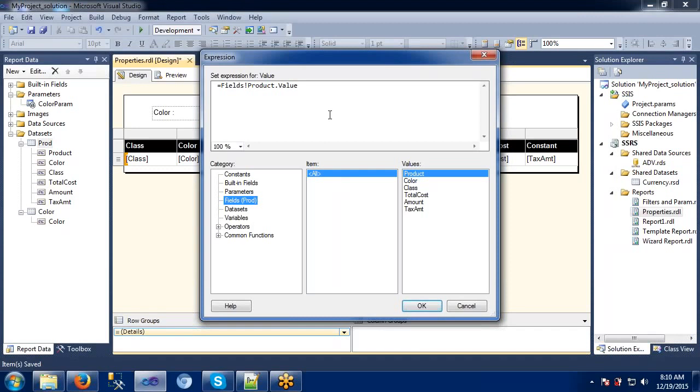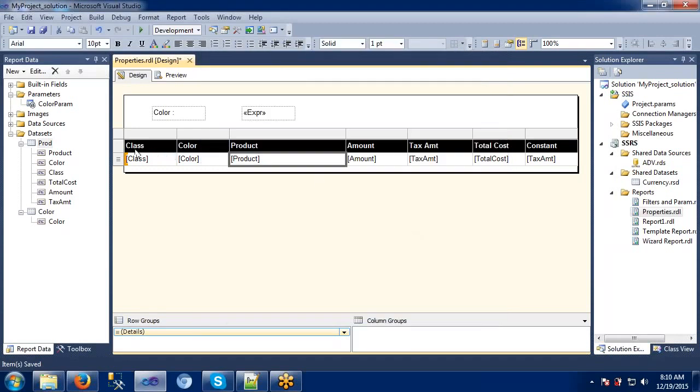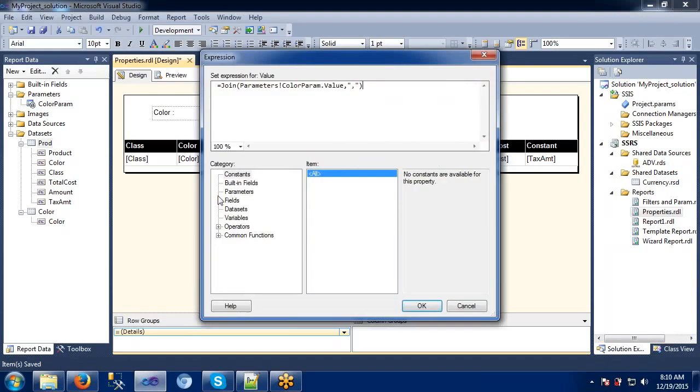So there is nothing much importance in the fields here. The only difference you will find is that if you are within a data set, you will find some values here. If you try to use this from here, you don't get any fields, because it's a completely plain text box where you don't have any relationship with your data sets. It's a separate text box with no fields in it; we just give some value into it, that's it.